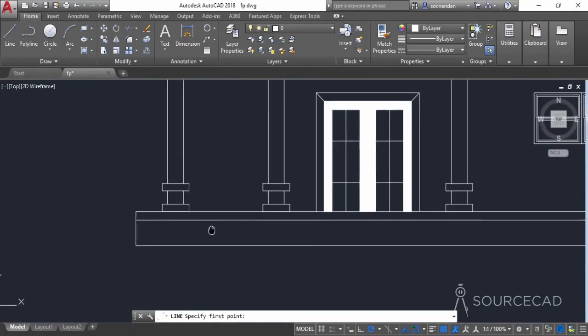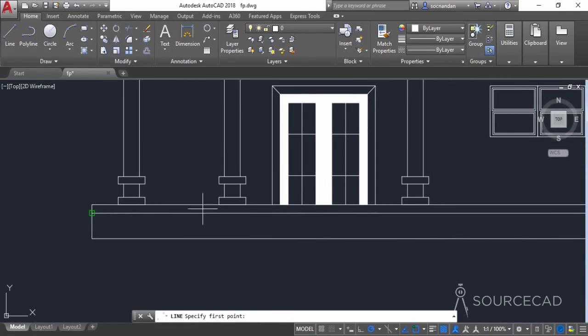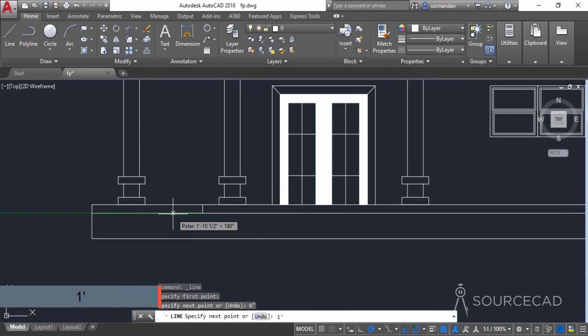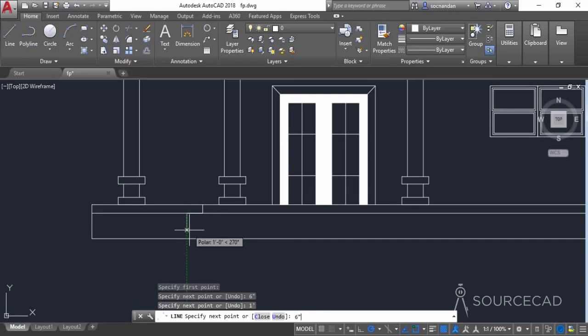Okay, and let's start from this point somewhere over here. So I'll take the reference of that point. All right, and now after an approximate distance of 1 foot, I'll just click downwards and let's enter 6 inches and then click here, and then again 1 foot and downwards 6 inches, and then here 1 foot